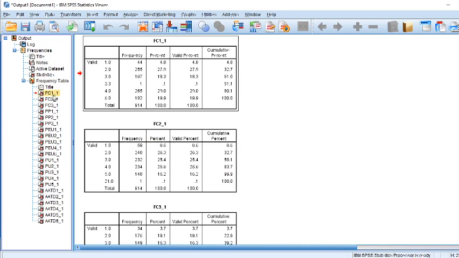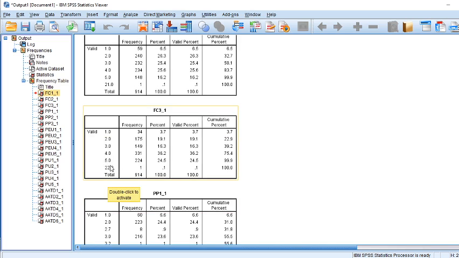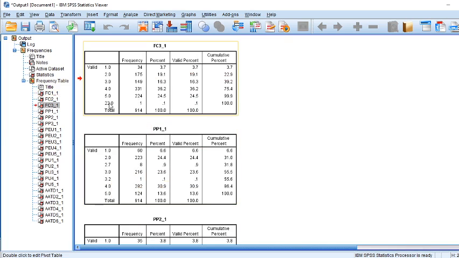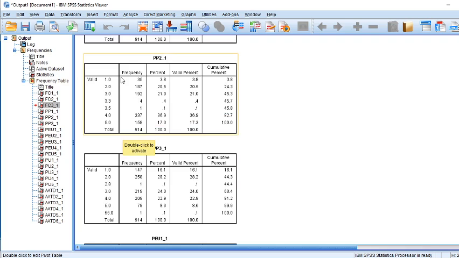Let's suppose in the first one, if I see the frequencies, it is 1 to 5, perfect, no aberrant value. This is 1 to 5 then 21, it means it has an aberrant value. Then 1 to 5 then 22, it has an aberrant value. If the scale is from 1 to 5, then it's okay. If there is some other value, like 33.33, that is an aberrant value.